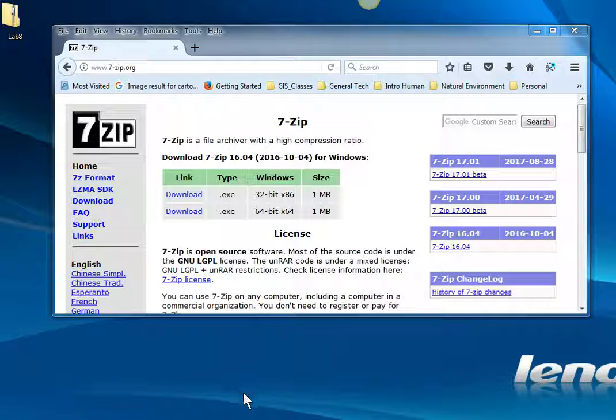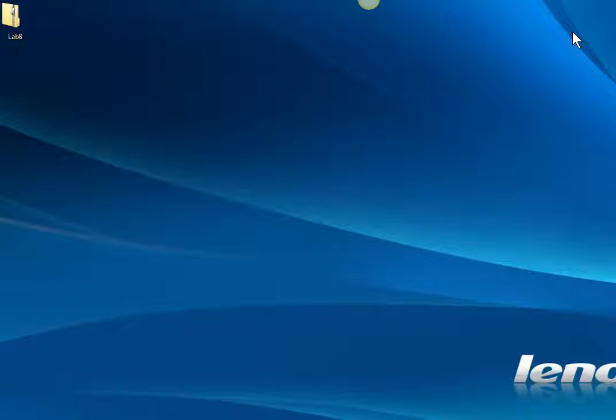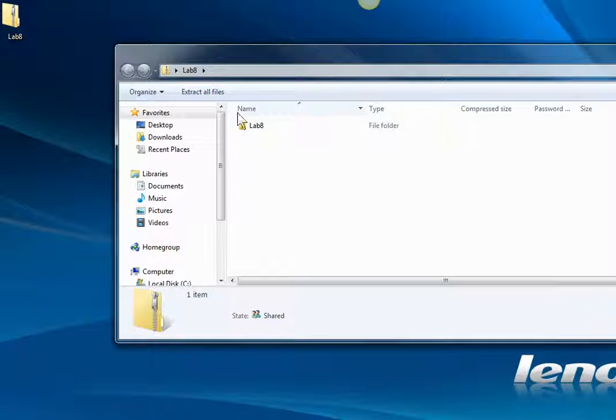So you want to make sure that you have 7-zip on your computer. It works, it's free, it works better than WinZip. And I've put the link in the tutorial. So when you open up the download Lab 8, you can open this lab up this way